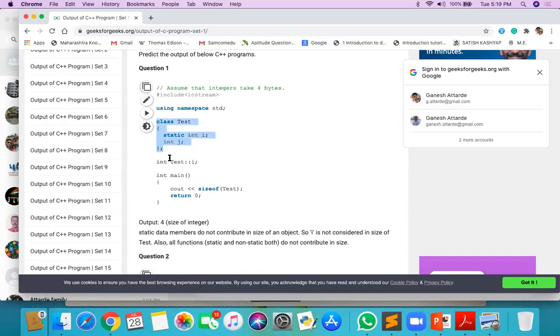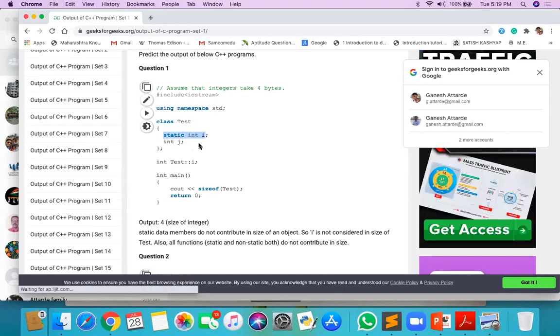I think I have already told you what is meant by static. Static data is not related to the object, it is related to your class. So only one time i gets created. If 100 objects are there for this class test, there is only a single i, but 100 j's. So j is an object thing, i is a class thing.